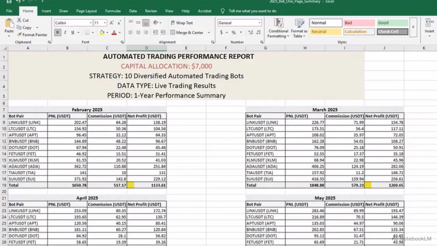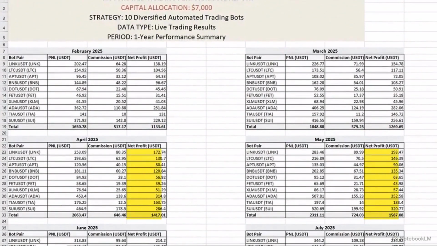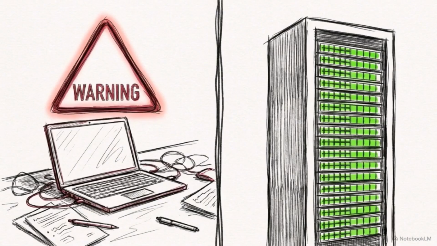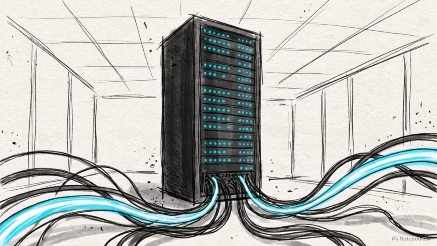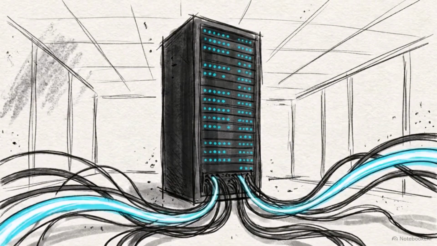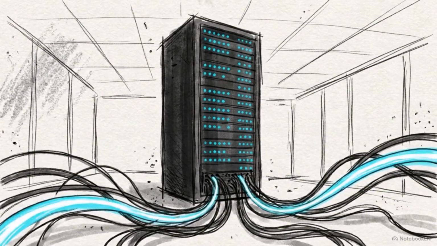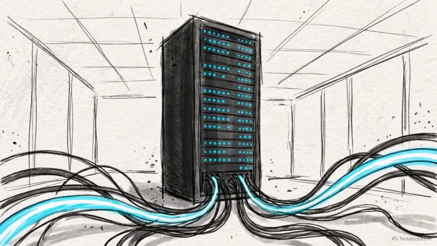The long-term viability of this architecture is validated by the aggregate net profit data. This performance report shows highly consistent net profit columns running continuously from February through July. Maintaining this kind of density requires specific infrastructure. A 5,000 line Python execution environment cannot run casually in the background of a personal laptop. It demands deployment on a dedicated Linux virtual private server to guarantee 24/7 continuous uptime without the risk of local